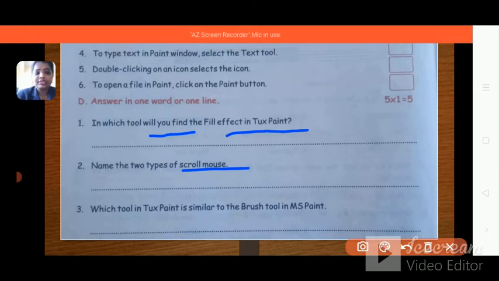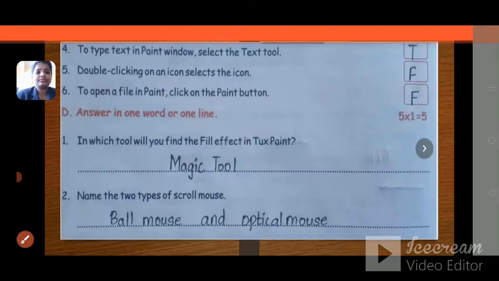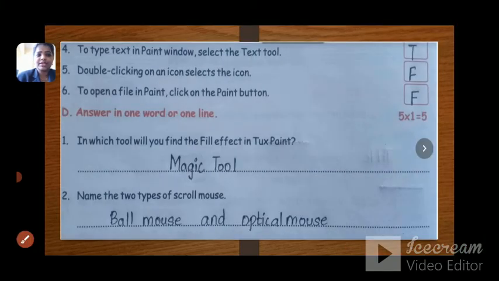Third question is, which tool in Tux Paint is similar to the brush tool in MS Paint? In MS Paint we have that tool, and in Tux Paint also we have that tool. The answer is Paint. Now you can pause the video and start copying.